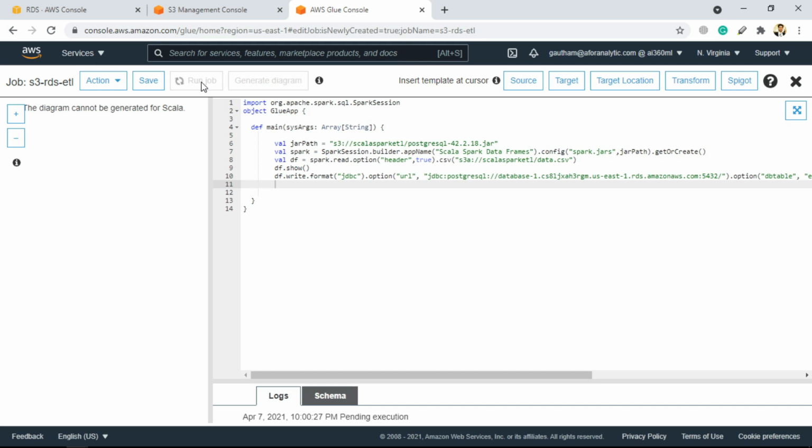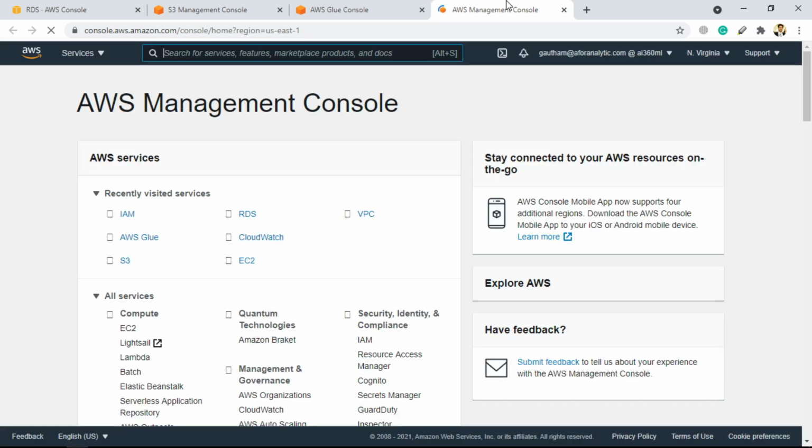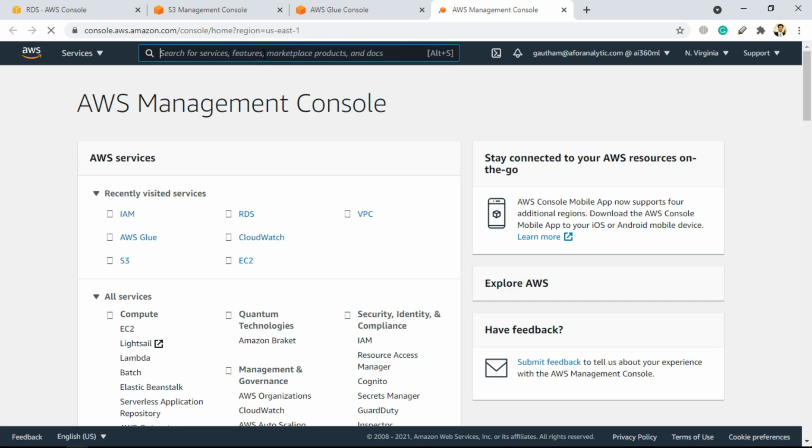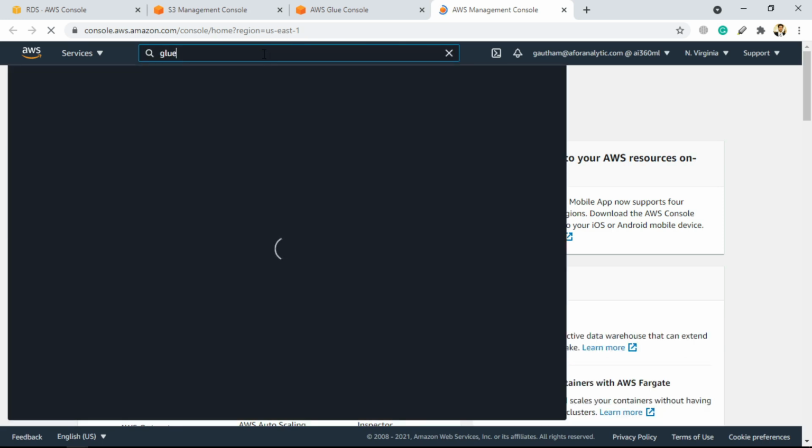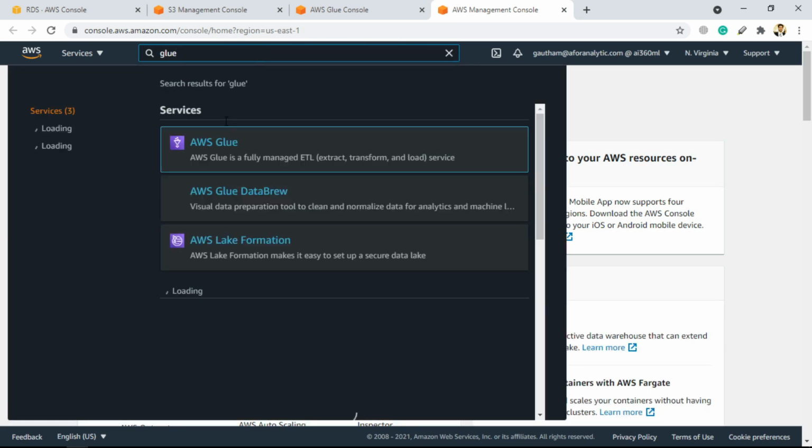And meanwhile it's running, we can go to the glue console again, and we can create another glue job. We will write that glue job just to check what we are getting inside the database. In this glue job, we will read data from the RDS instead of S3, and then we will print out the data frame. So for that, let's go to glue again, and here we need to follow the same pattern just like we did for creating the first glue job.